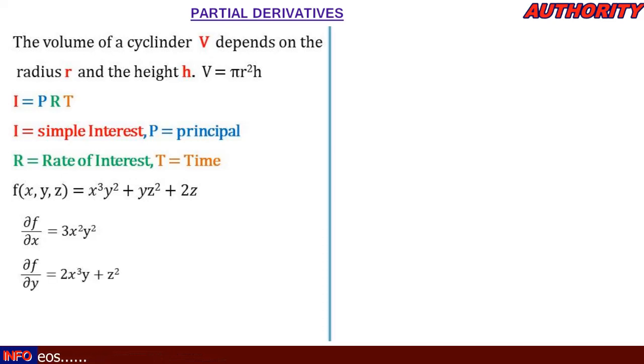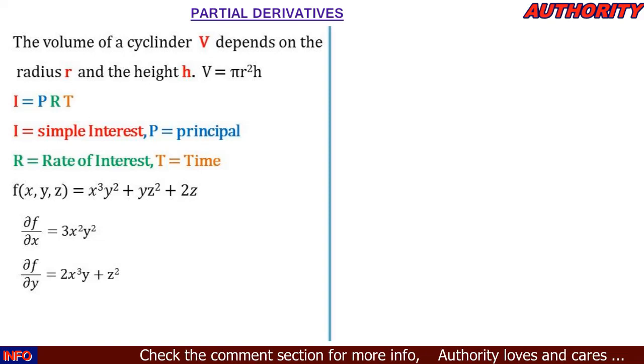Okay, now let's go. In x cubed y squared, what do we have there? We have y squared, right? So when we differentiate y squared, what are we going to have? We're going to have 2y. And then we take x cubed as a constant. So we're going to have 2x cubed y. You get it right? Yes, when we differentiate this, we're going to have 2x cubed y.